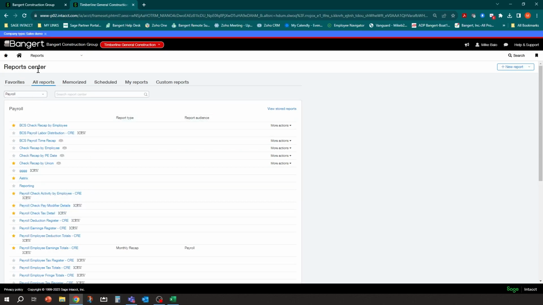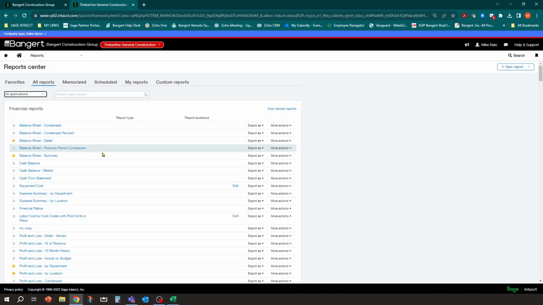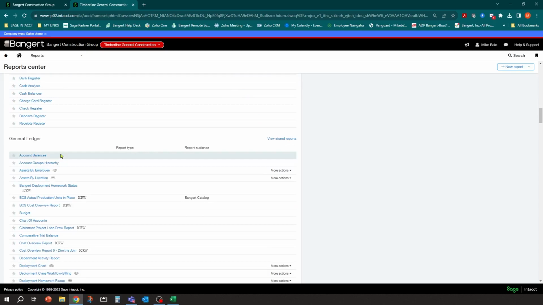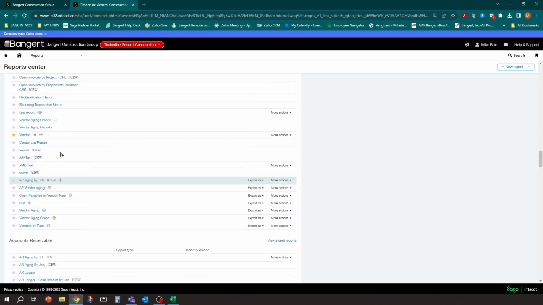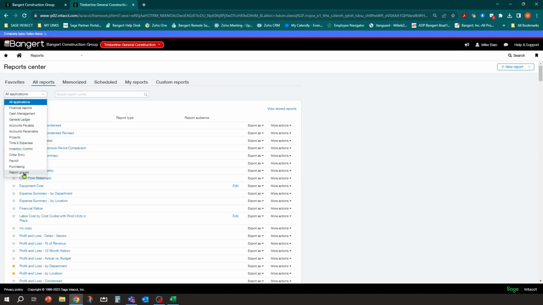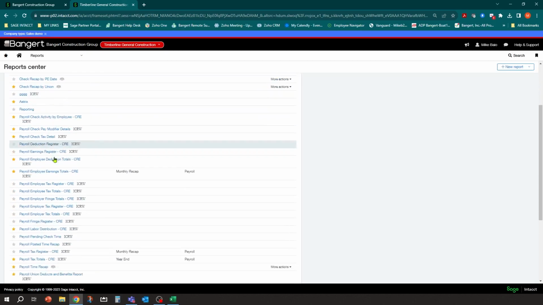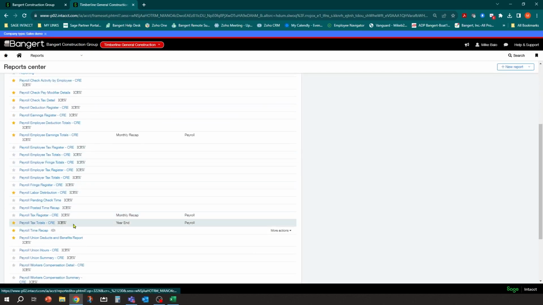But when you come into Report Center, you have this All Reports tab, and typically it'll start like this, All Applications. And this can get pretty big, right? So there's every module's report here. But what you can do is you can filter by application. So if you put the report on the payroll menu, I can hit payroll. And now it's showing me all of my payroll reports along with my codings that we did in the other area.